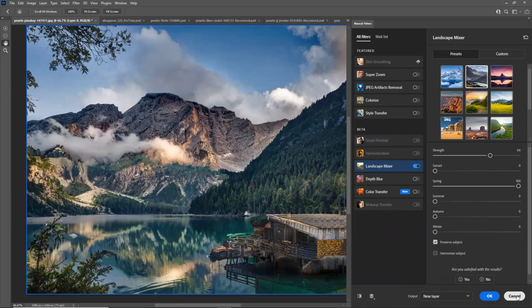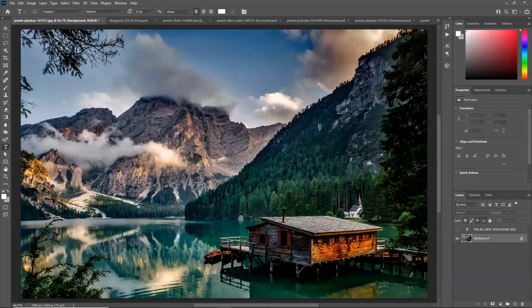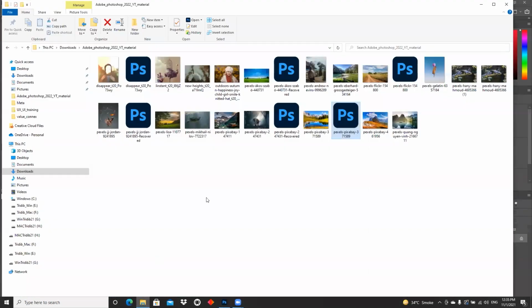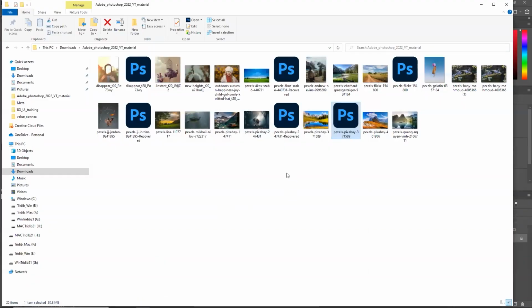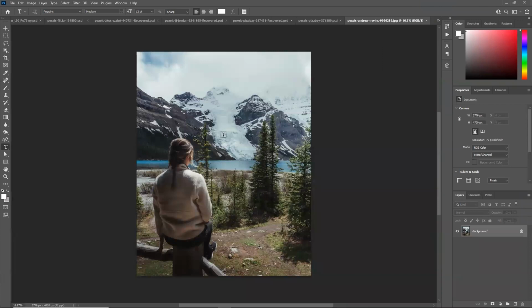So let us cancel this particular thing and we will take up one image that has a character in it. Over here we have a person as well as a fantastic background.